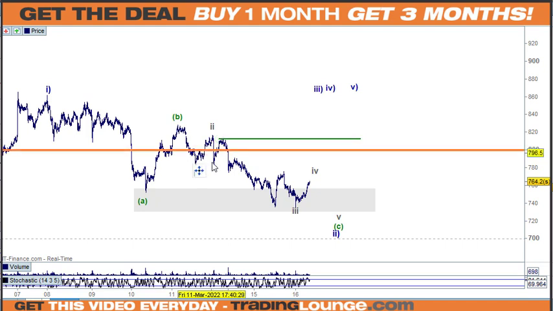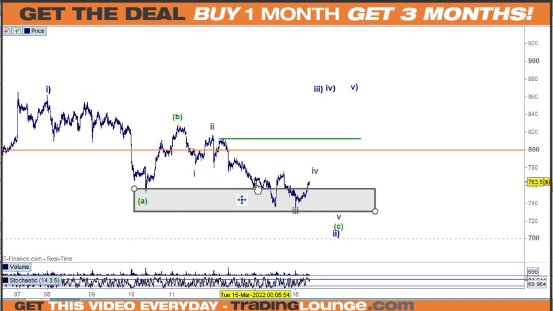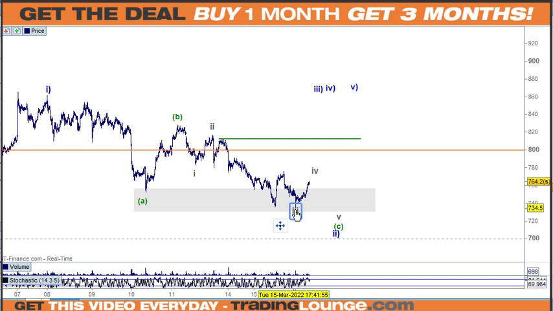Could that be an A, B, C to that point? It's one possibility. 3, 4 looks like an A wave. Can I call that wave 3 in there? It's a little bit dodgy doing that, isn't it? Wave 3 may only be here. Anyway,